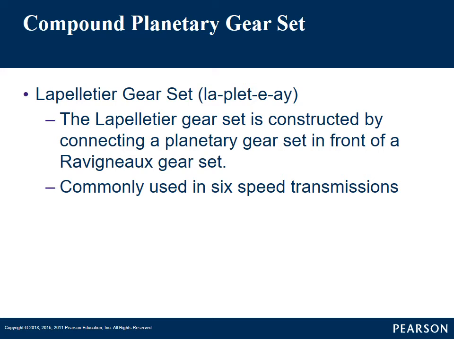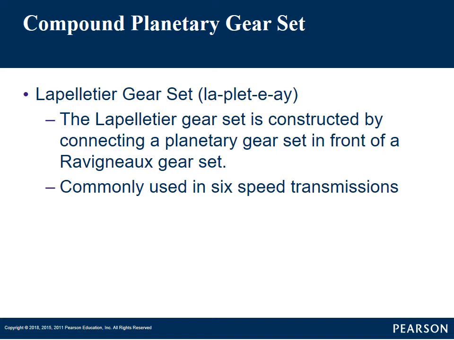We get this gear set by taking a simple planetary gear set and putting it in front of a Ravigneaux gear set. So if you know, the Ravigneaux will give us 4 forward speeds, and a simple planetary gear set will give us 2. That is why this is commonly used in 6-speed transmissions. Not all 6-speed transmissions, but it is definitely commonly used. A good example would be GM's 6L80E transmission. This is a 6-speed heavier duty transmission that GM has used,